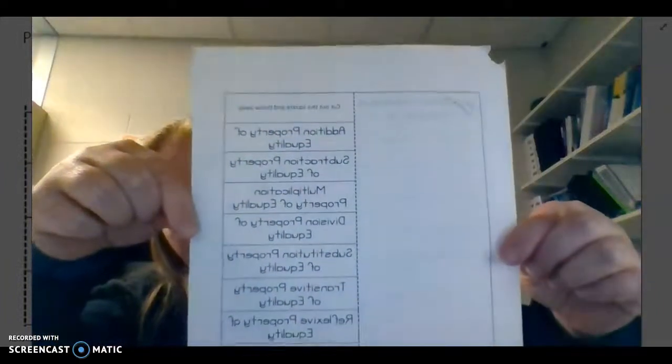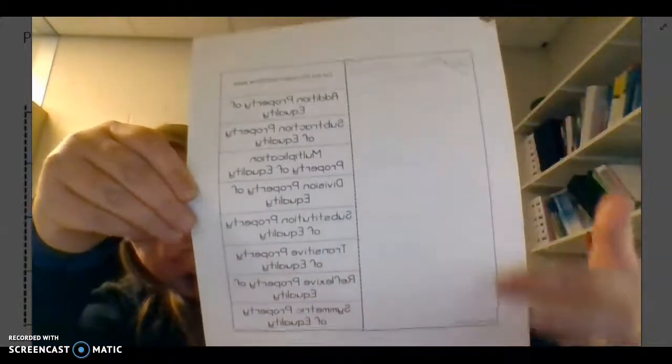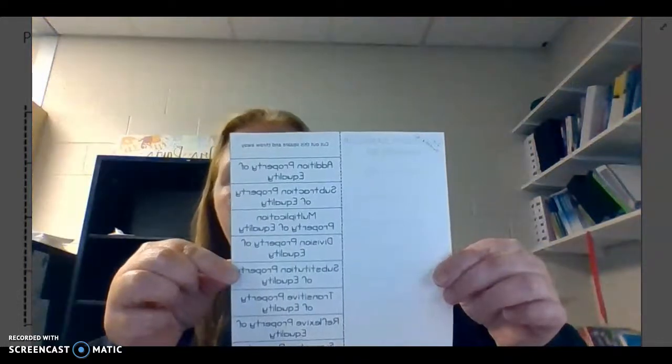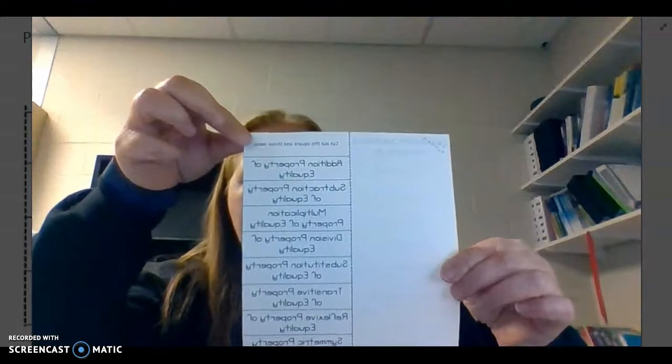All right, guys, so we're going to do this foldable right here. So the first thing we need to do is cut off around here and cut all the excess off. Okay, so now that you've cut all the excess off, there's this little rectangle up here that says cut out